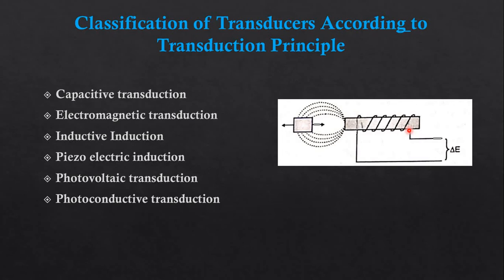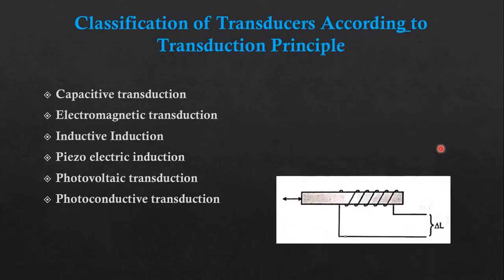In electromagnetic transduction, the measured quantity, or the measurand, is converted to a voltage induced in the conductor by the change in the magnetic flux in the absence of excitation. Okay, the electromagnetic transducers are self-generating devices. The motion between the piece of magnet and the electromagnet is responsible for the change, as shown in the figure. So whenever this magnet changes, the output also changes. That's why this is called an electromagnetic transduction.